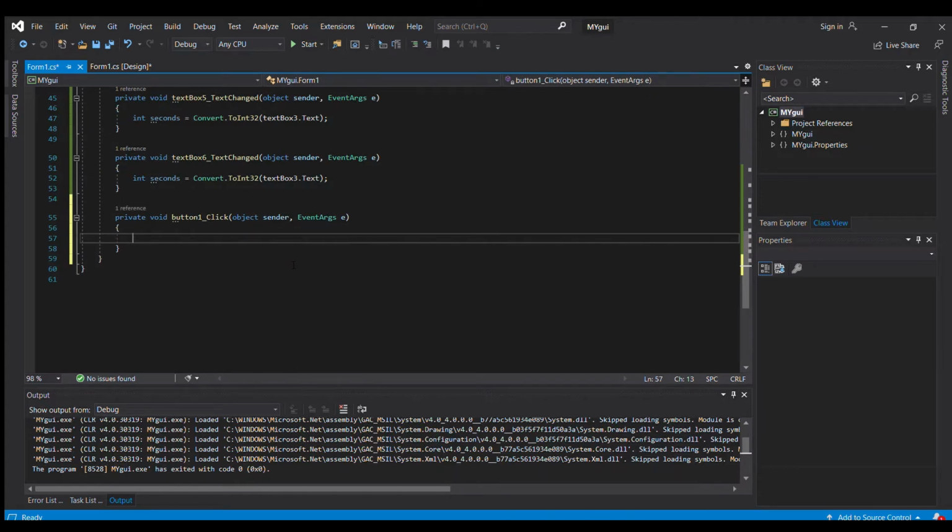Now if the button is clicked, what we are basically going to do is that